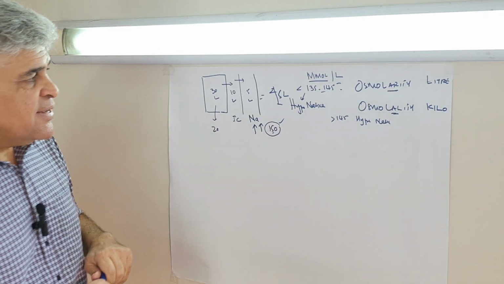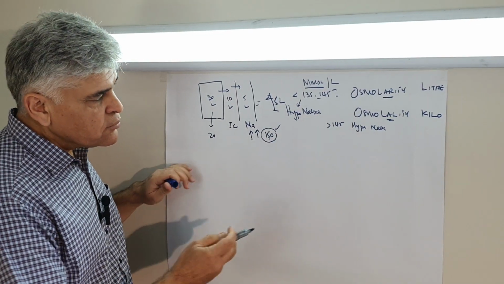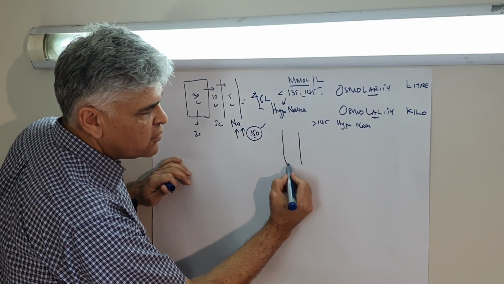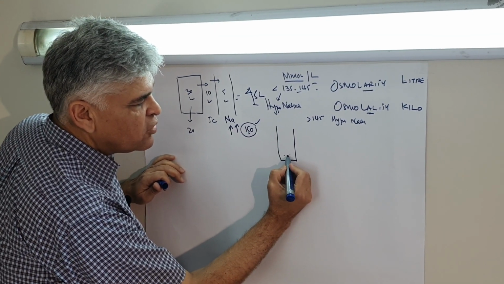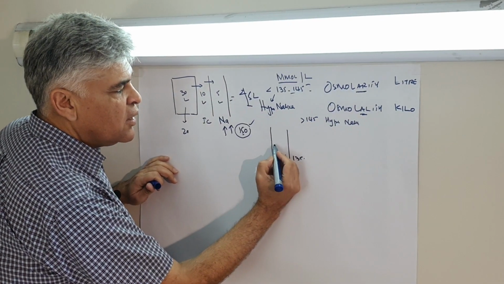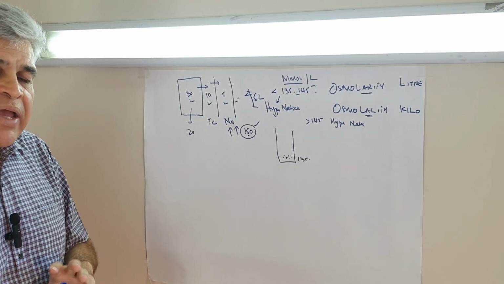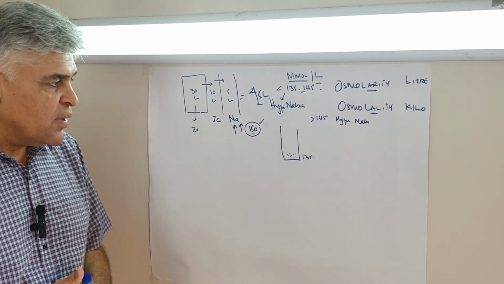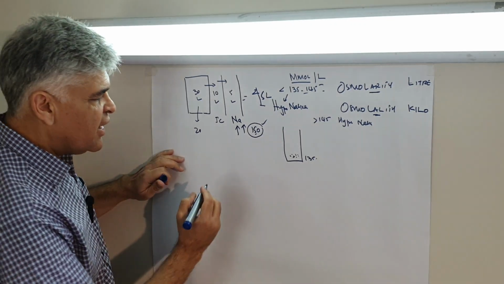So, what really is hyponatremia? Hyponatremia is that you've got water and then you've got salt suspended, and this is about 135. So basically there can be three reasons for hyponatremia. One of them is called the